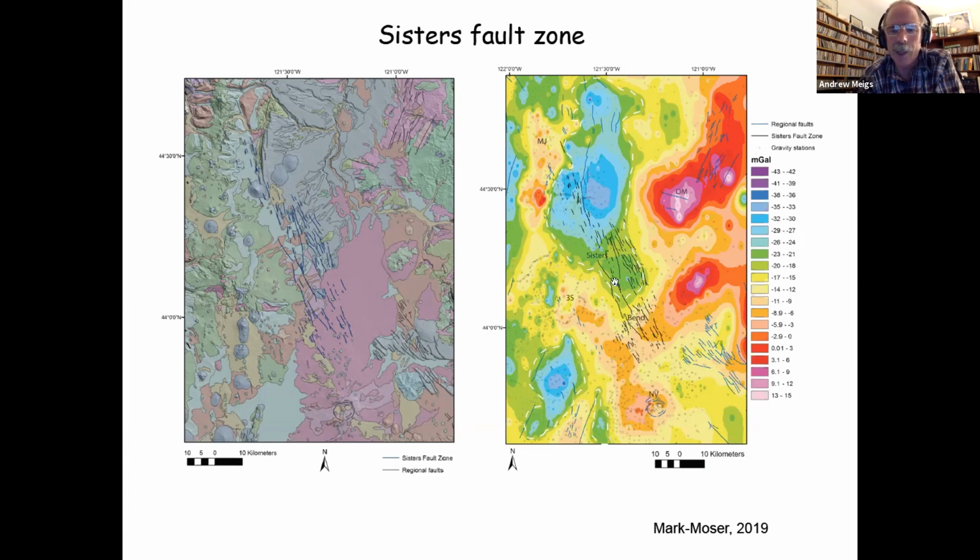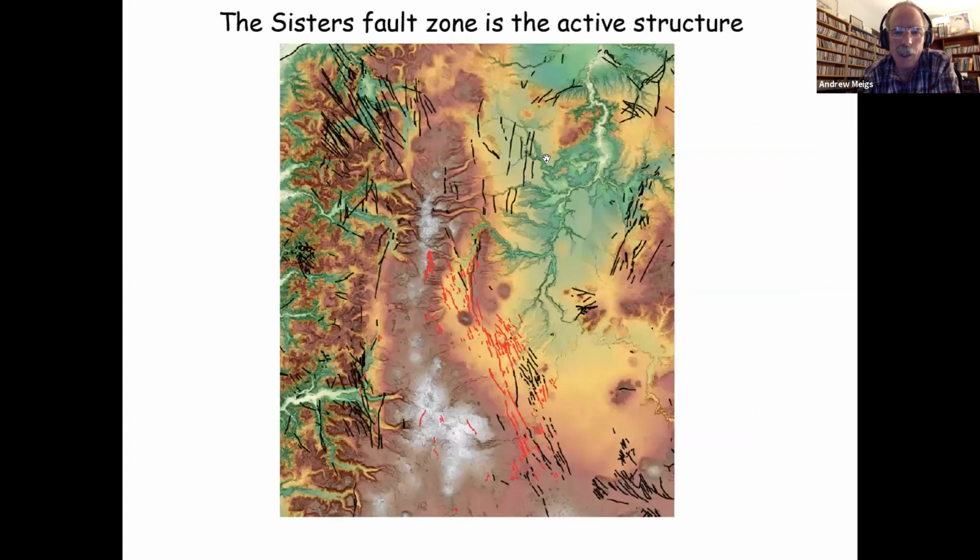showing that, as on the right-hand side in a gravity anomaly map, the Sisters Fault Zone is actually cross-cutting the older Deschutes Basin here, as shown by these blue rocks, and extends right up into the Mount Jefferson region. That is also an active fault zone with less constraints on its activity because it's such a distributed sense of shear. But the important part of this story is really in the region from Black Butte up towards Mount Jefferson,